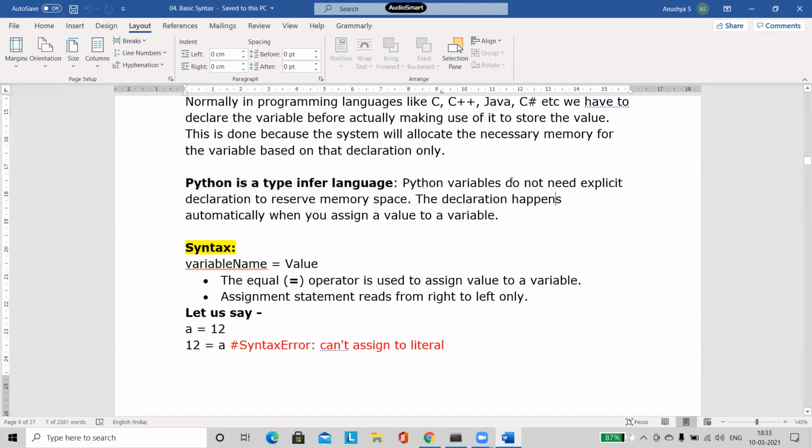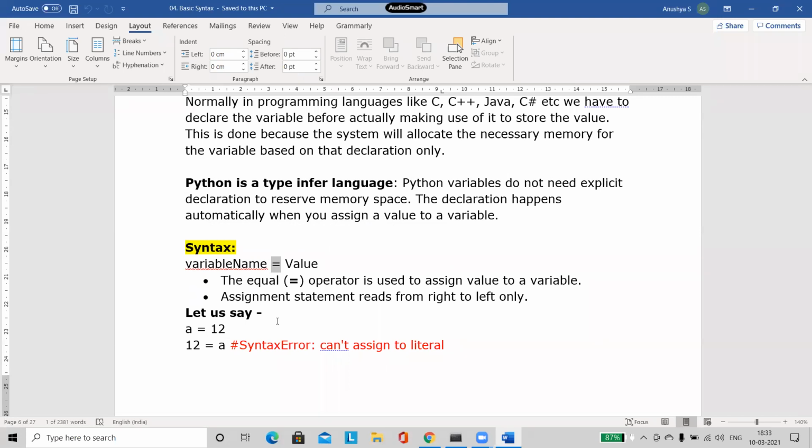We will do directly variable name, any variable name, whatever variable name we prefer, we are going to give that variable name. We are going to make use of this equal to. So the equal to we call an assignment operator. So equals to is one of the operators in Python. The name of the operator is assignment operator.